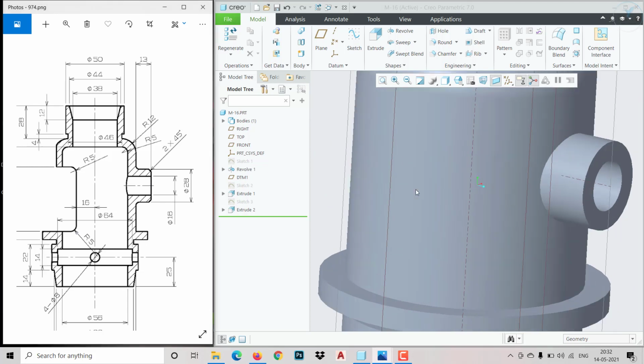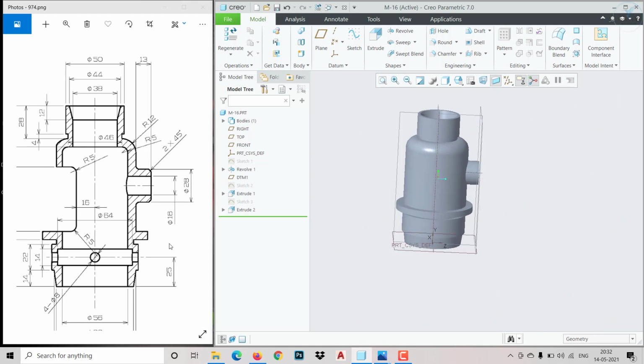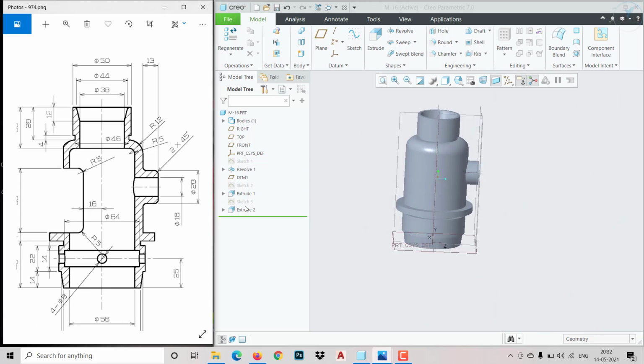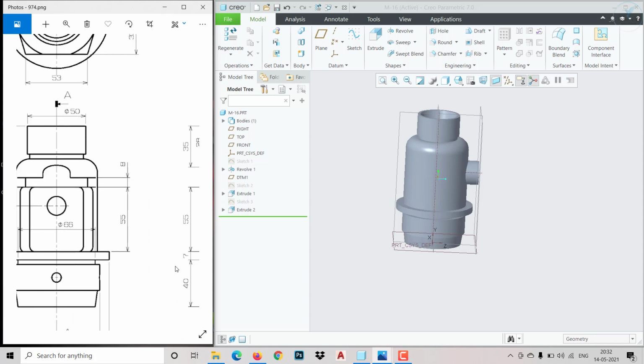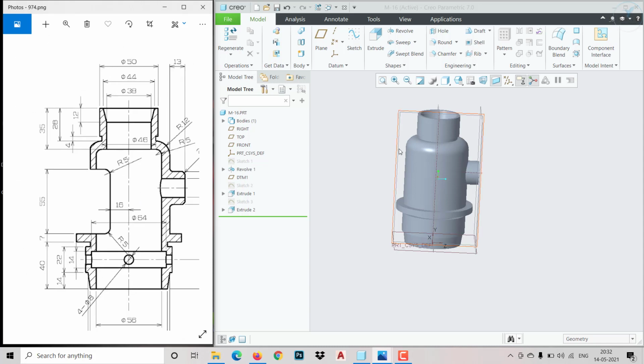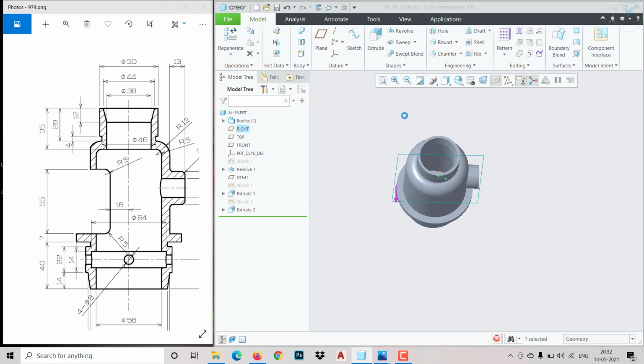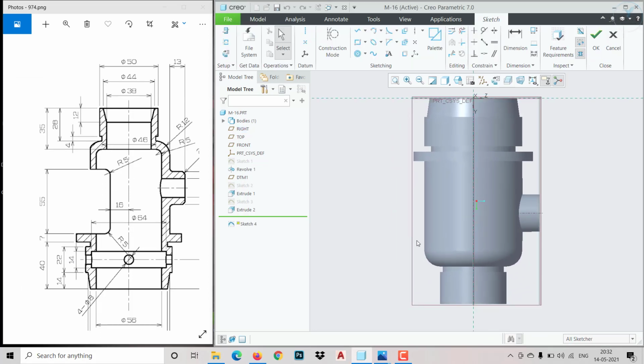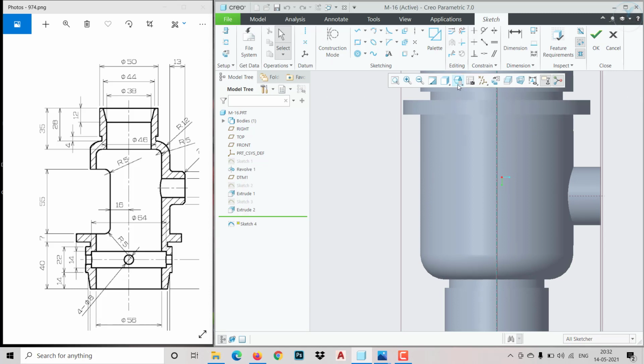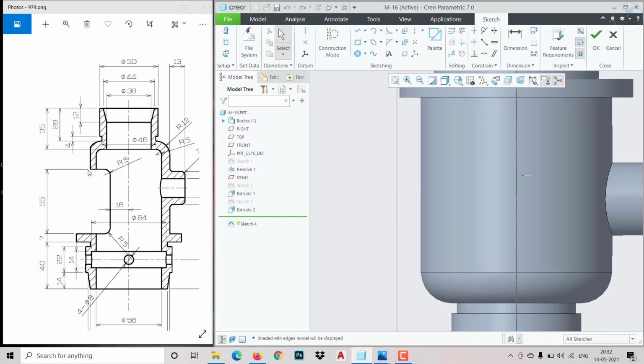Fine. So then if I'm seeing from this view, I need to remove this material, the cutout I need to make it. So this is a normal extrude cut only. Okay, so it's not a revolved kind of cut. So choose the center plane and then make it normal. Okay, so let me choose the shading with edge so I can see the edge clearly. So just draw a rectangle. Okay, so as it needs to come like this, and it needs to touch this edge.